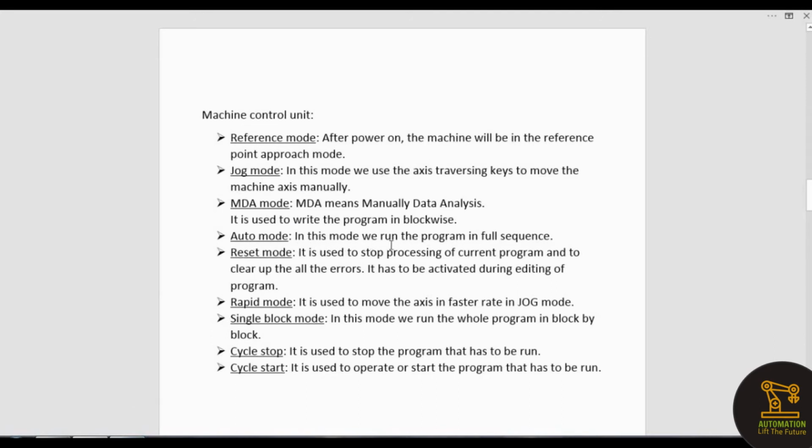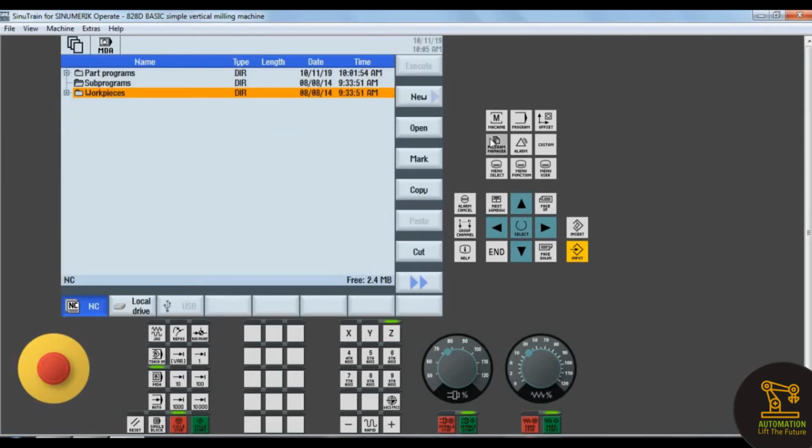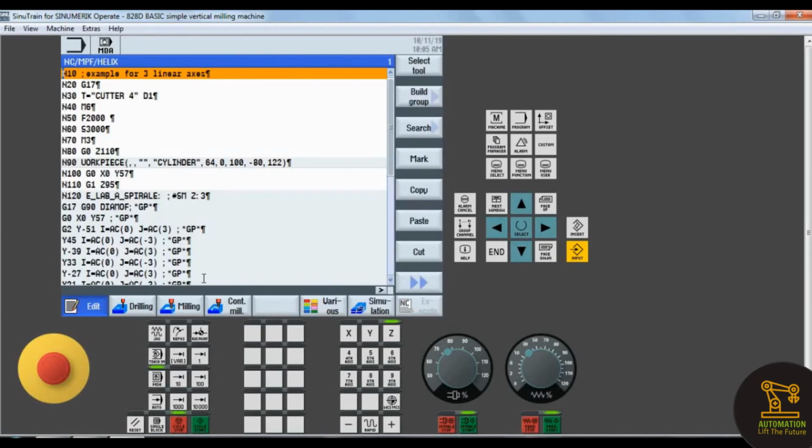Auto mode. In this mode, we run the program in full sequence. Generally, auto mode is used for simulating the program continuously. Let's simulate something.